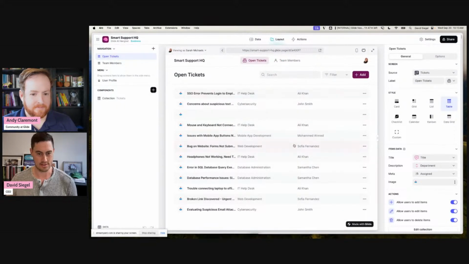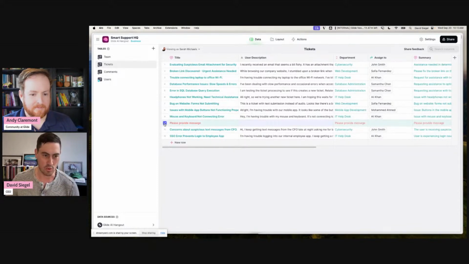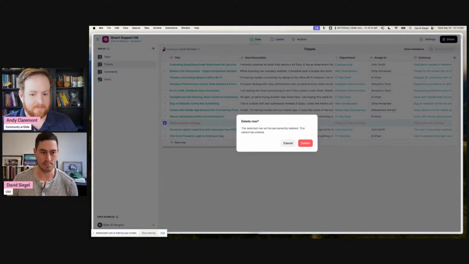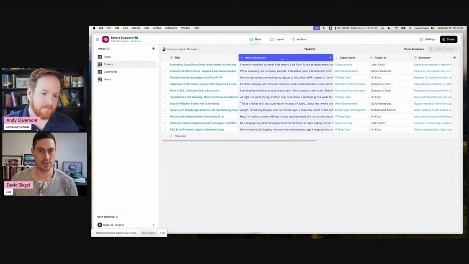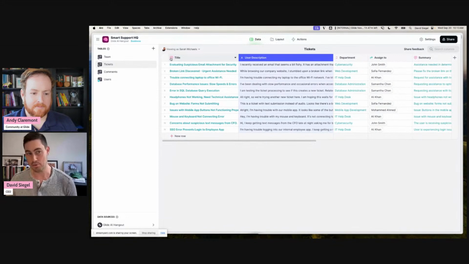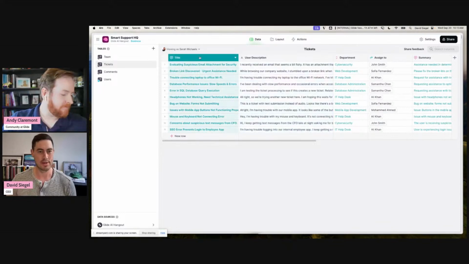So this is the internal app that we've been building inside the company, and this is the view in the data of our information. And here we can see the row that didn't work when we tried to just do this based on recording inside the app. I'm going to delete that. So what's happening here is we just have a plain text column that's storing information, and you see these columns with these pink, we call this color brain because it represents the intelligence of the AI. These brain colored icons, we're generating a title based on the user description.